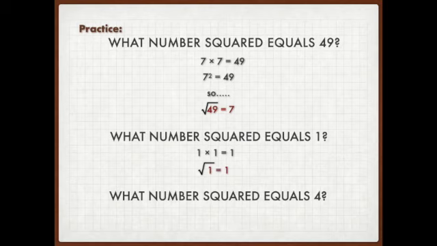What about 4? We know 2 times 2 equals 4. So that would be 2 squared equals 4. So what would be the square root of 4? 2. So if you understand square root, that kind of comes from that idea of, or the opposite of the